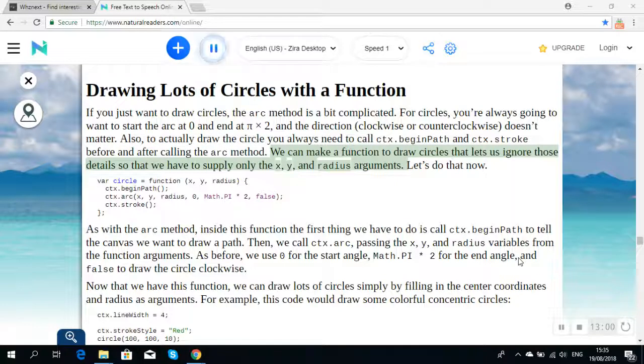We can make a function to draw circles that lets us ignore those details so that we have to supply only the x, y, and radius arguments. Let's do that now. var circle = function (x, y, radius) { ctx.beginPath(); ctx.arc(x, y, radius, 0, Math.PI * 2, false);